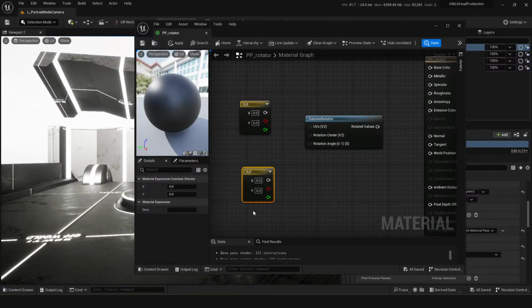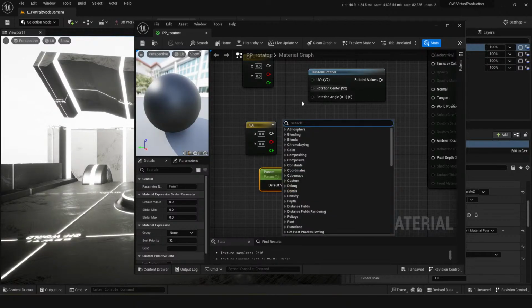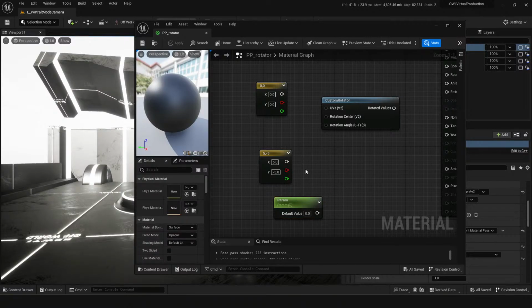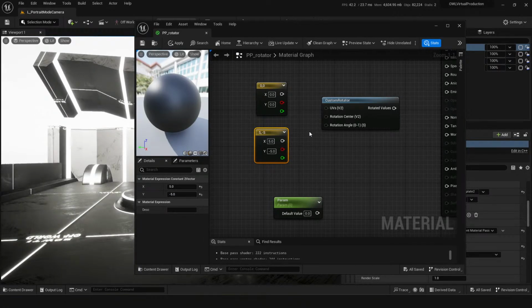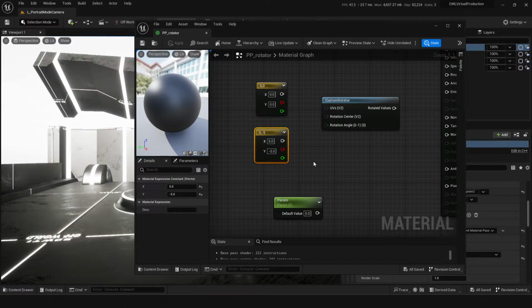I have the material here. So you have a texture coordinate coming into the UV and a custom rotator, and then 5 minus 5. I'm not sure what that was. I guess that just means the center is at the center of the image. It's 5, it's not 0.5. I would have thought 0.5 would make sense as being the center, but I just saw someone else did this at one point, and for some reason that's giving us the center.